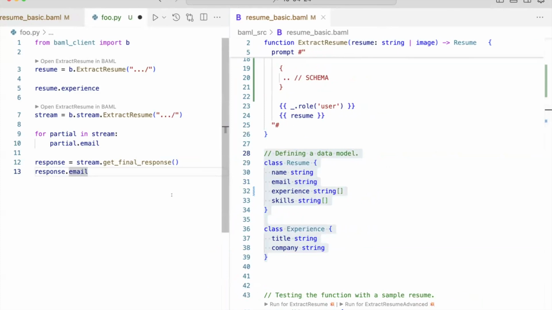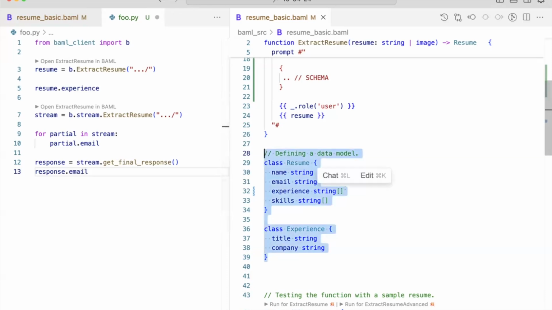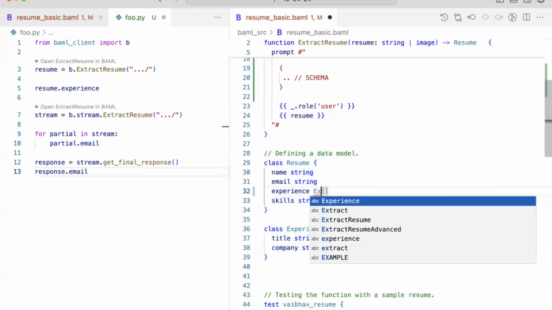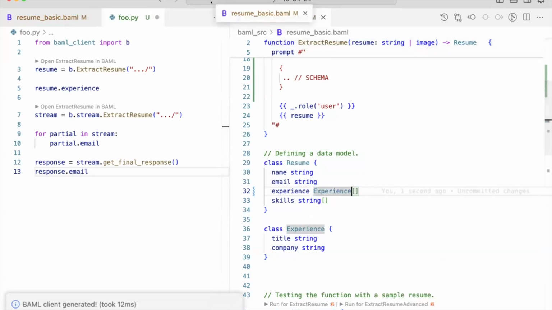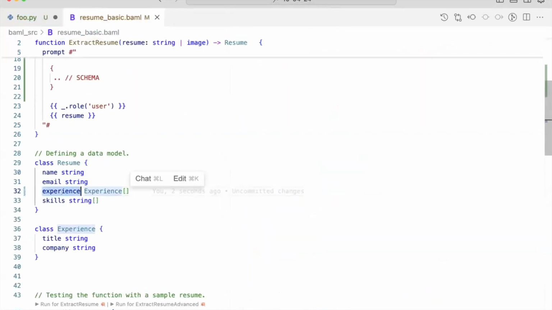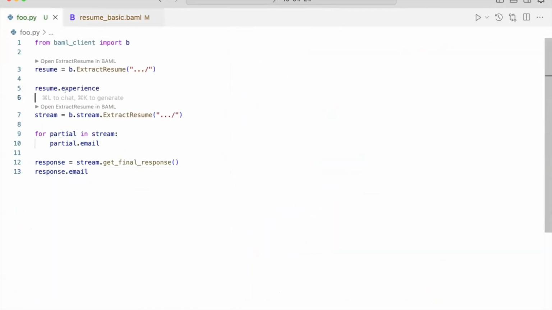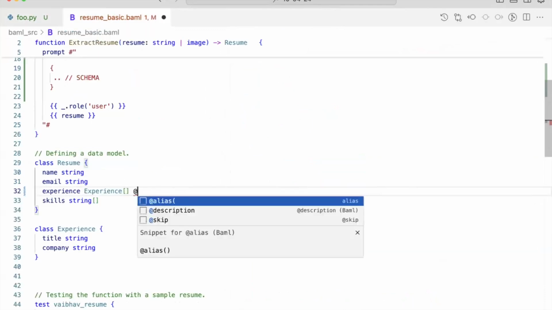Now, the problem with a lot of these complicated systems is most of the time you'll find that, hey, this thing, which is a list of experiences, what I actually want to do with the LLM is, the LLM is going to mess this up unless I call this experiences with an S, because it's an array, so it should be plural, and it will mess up if I don't let it be plural. But if I did that, I would have to refactor all of my code and my database schemas to rework that. That's going to be a pain, just because the LLM changed. We allow you to do that dynamically in the language itself.